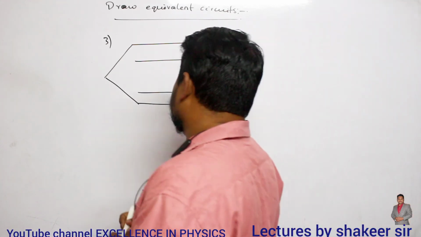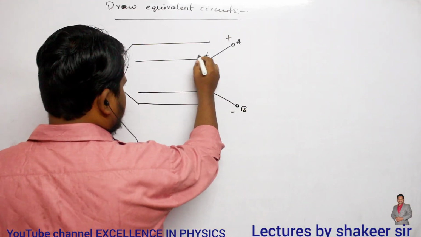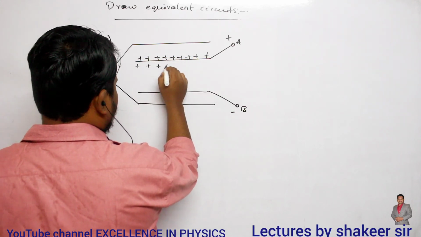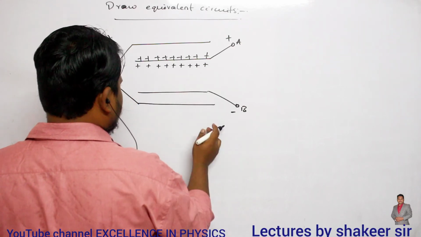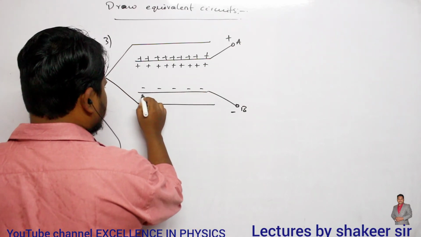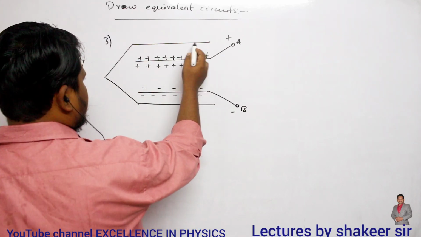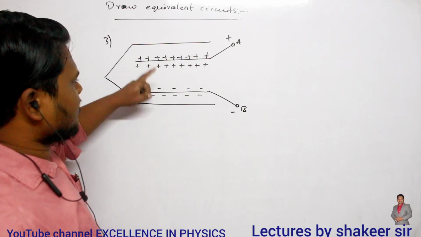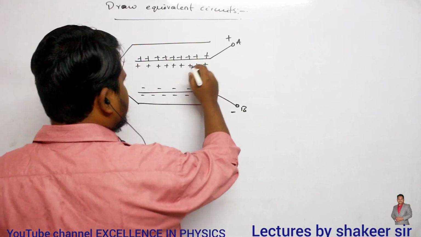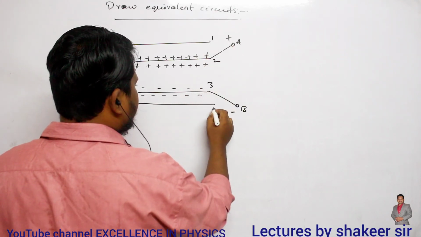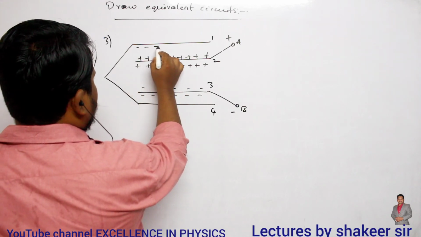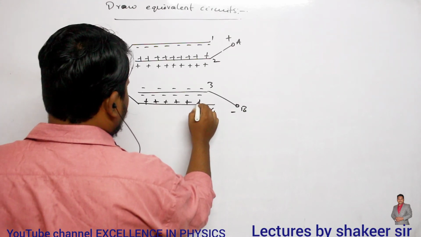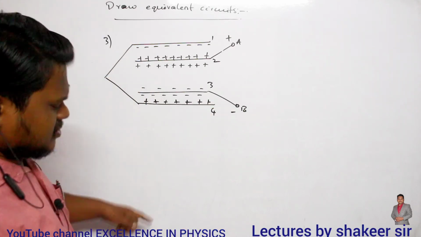See, this is a positively charged plate. So positive charges, so here also we will have positive charges. And this is a negatively charged plate, so negative charges. Clear? So to these 2 plates, there is no battery which is connected. So therefore on this plate and this plate only induced charges will be present. Clear? First of all, let us name them plate number 1, plate number 2, plate number 3 and plate number 4. Clear? So negative charges are induced, same magnitude of negative charges, and here same magnitude of positive charges will be induced. Okay. So this is the given arrangement.